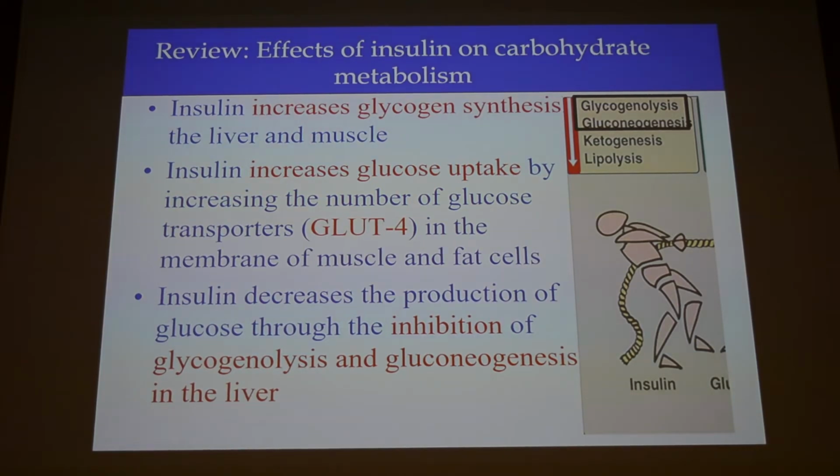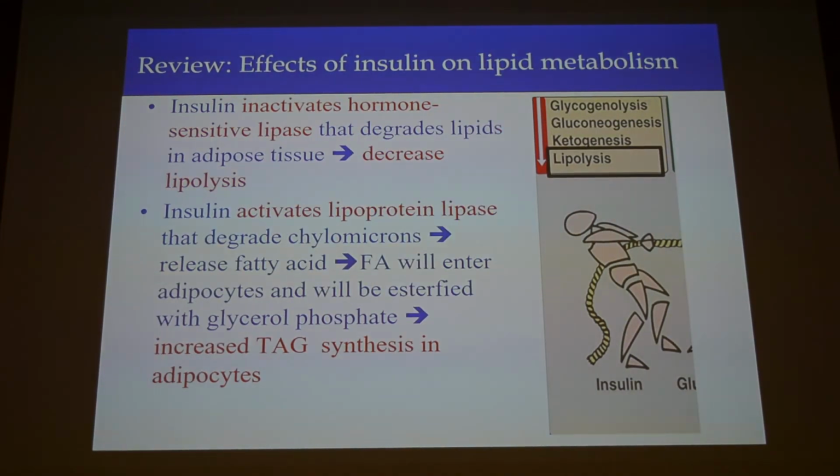And also, what's happening? Can the muscle cells and the adipose tissue make use of this sugar? No, the sugar cannot be used because we don't have enough GLUT4, right? So the sugar is sitting there in the blood, not being used by the peripheral tissues, and the liver keeps on making more sugar. So this is at the level of carbohydrate metabolism. What about if we review the role of insulin on lipid metabolism?